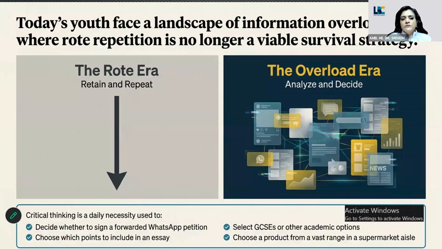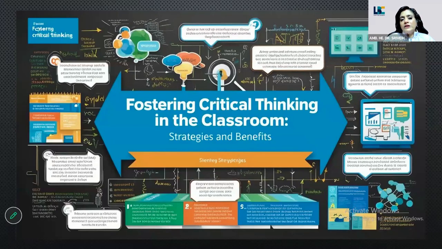In this era, definitely you will understand that the whole world is flooded, bombarded with information, a landscape of information overload. So rote repetition is no longer possible. How can you memorize so many facts? What we need to do is analyze and decode whether it is okay for me, whether it is going to help me. This kind of analysis process is what we need to imbibe in our teaching-learning process, so that critical thinking will definitely help the students to excel. So how do we exactly foster critical thinking in a classroom?